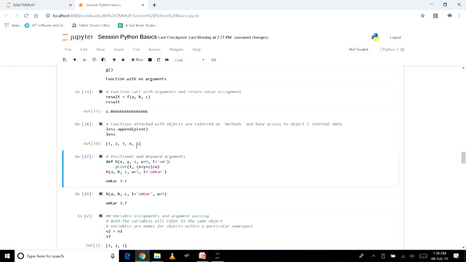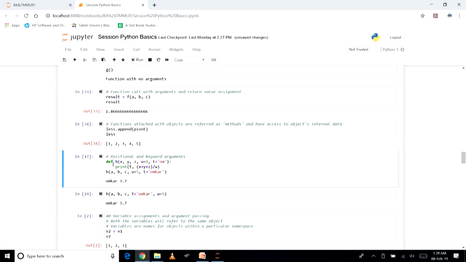Then there are keyword arguments, where a keyword is used and a value is assigned, and that value is going to be the value for that keyword inside the steps that are executed within the function's scope. These keyword arguments might not have a fixed position, so they are identified by the function with their name.